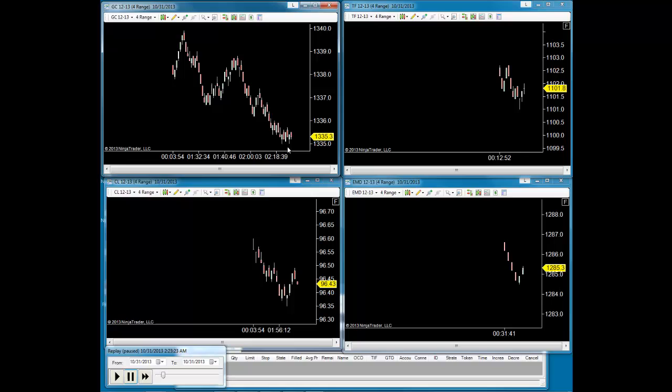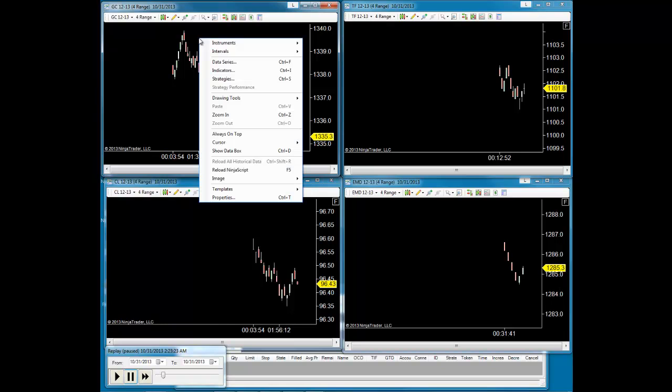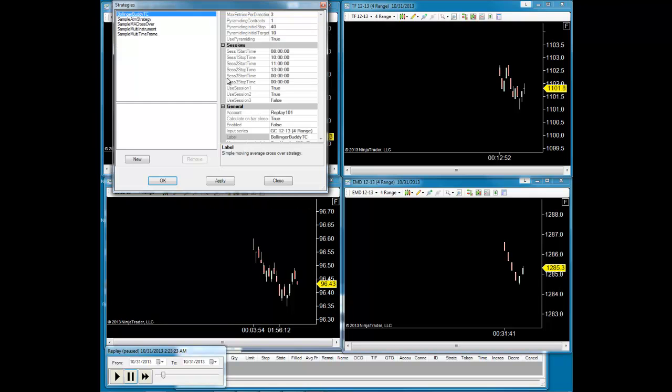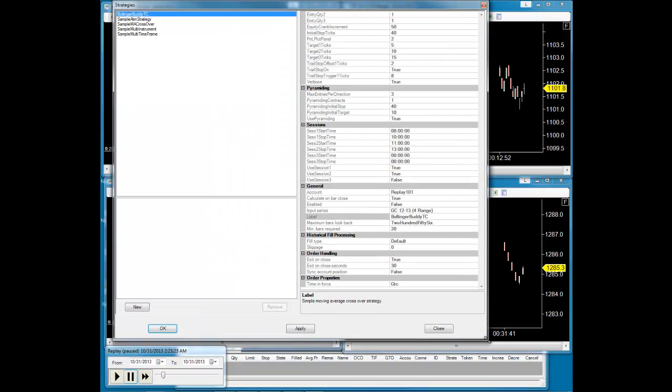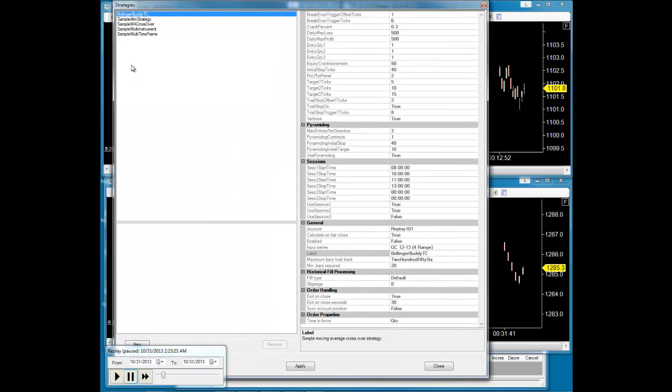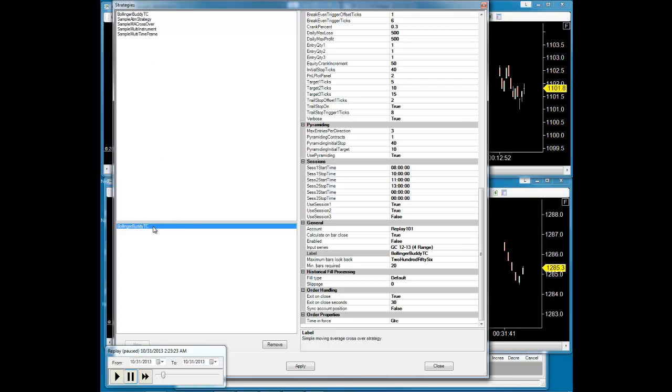And we are now going to be ready to put the strategy on the gold chart. Right click, strategies, strategy window opens. Let's enlarge this for your benefit. We double click on the Bollingerbuddy TC, comes to the bottom, and now,